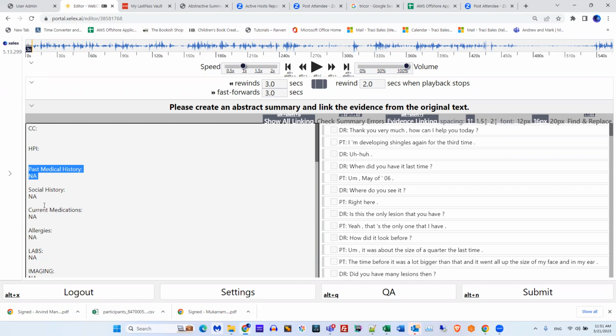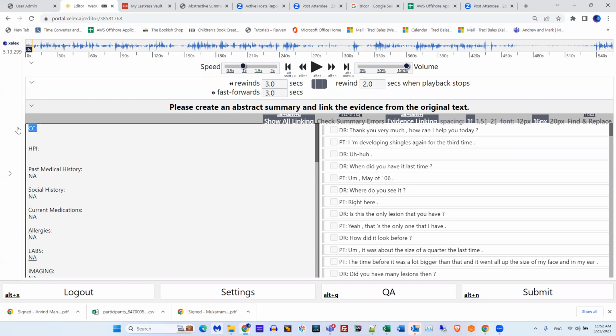We don't have a family history. So if you have marital status, or maybe if the number of children is pertinent to the information, you would put that under social history. But don't add new headers, is my point, and don't take any away. For instance, if they don't have allergies, don't remove that. In fact, I don't think you can. Let's see. Yes, you can. So you just leave NA to indicate to our software that that information was not included.